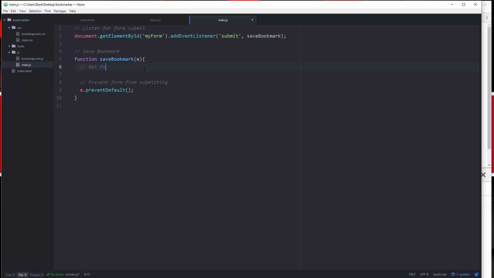Okay, so we want to create 2 variables for our form values. So let's just say get form values, and we're going to say var. Now I'm just going to use ES5 here. I'm not going to use let or const because I don't want to have to set up Babel or anything like that. And you should know ES5 syntax if you're just learning JavaScript anyway. All right. So we're going to say var, and we'll call this site name, and we're going to set that to